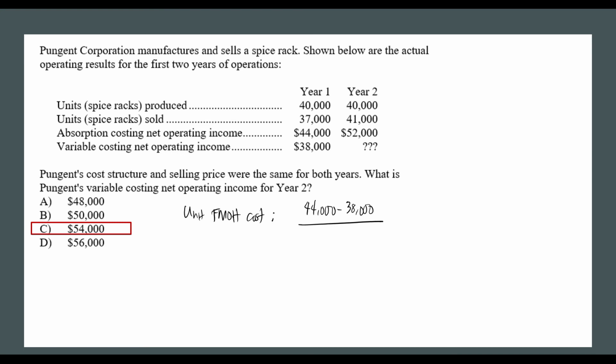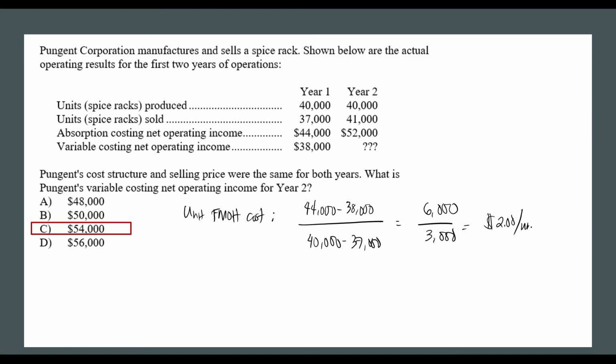And then, in order for us to get the unit fixed manufacturing overhead cost, we need also to get the difference between the units produced and sold. So that is 40,000 minus 37,000. So the numerator here is 6,000, then the denominator is 3,000. So our unit fixed manufacturing overhead cost is $2